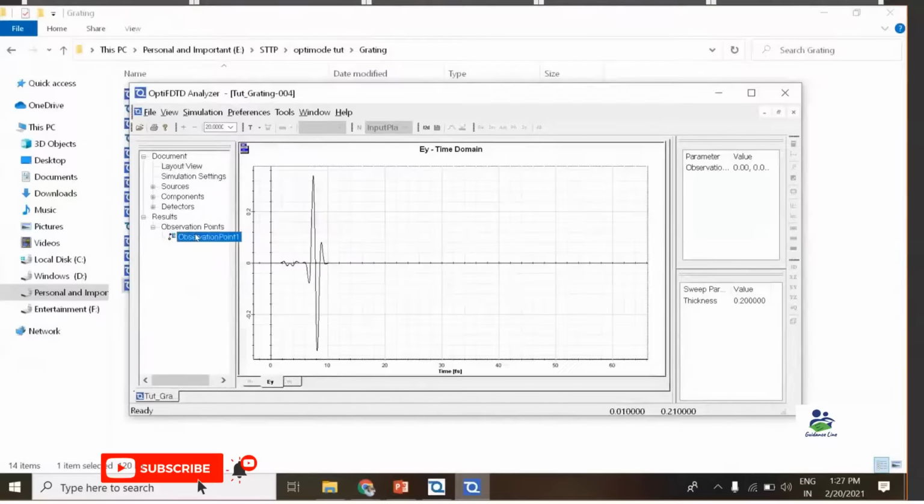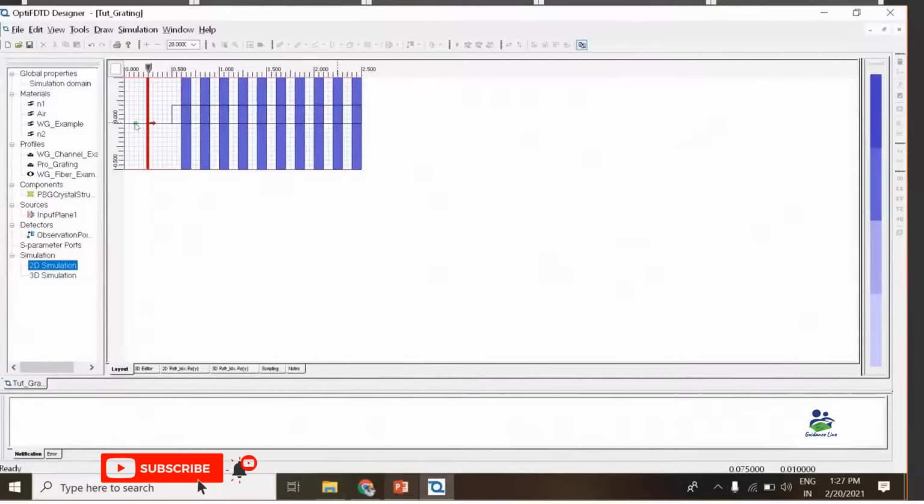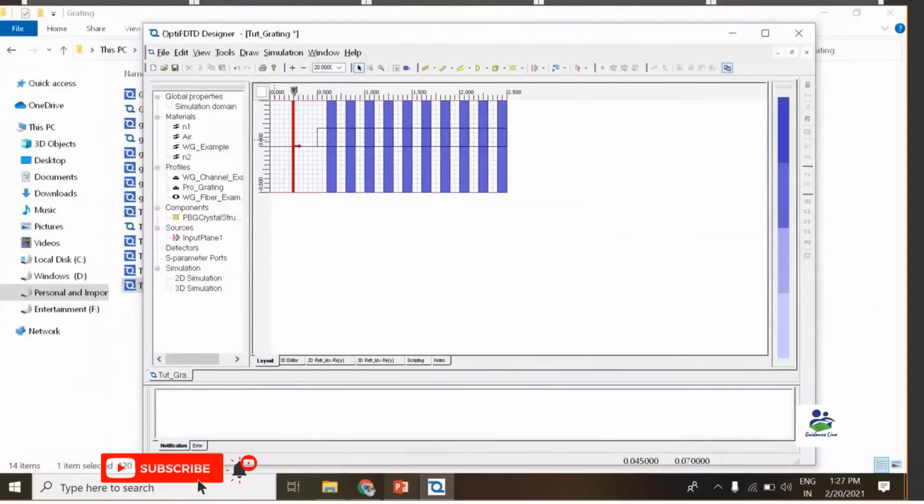Now if I click on observation point, okay, I have made one slight mistake. Actually the parameter sweep result will not show in the observation point. So I have to create an observation line over here, rather than an observation point.